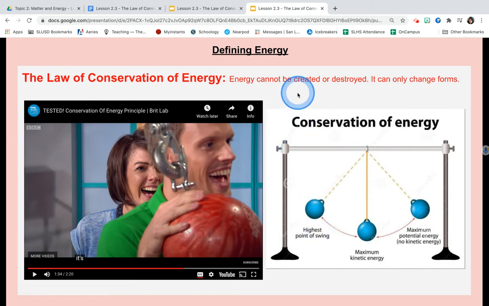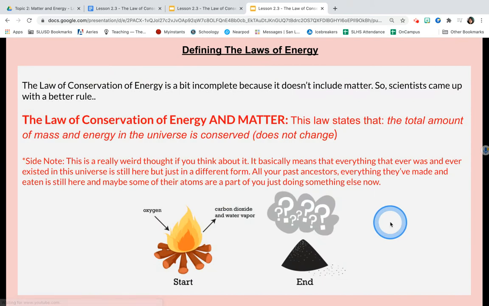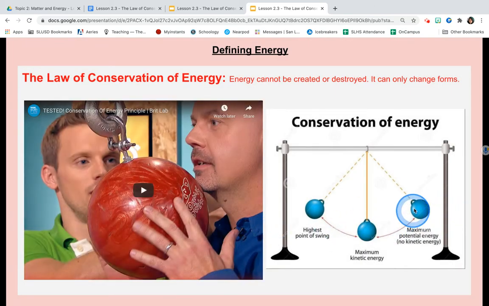Because energy cannot be created or destroyed, if you let go of a bowling ball at this distance from your face, right, and you let it go, it can't swing past where you were holding it in the first place, right? So if Greg was here and he let go of the ball here, it's not going to hit him at all, right? But if Greg was standing where the bowling ball was and then let go again, the bowling ball is going to go back and hit him in the face. But since his face was right here, just past the ball, it will not have enough energy to go past the point that it started.